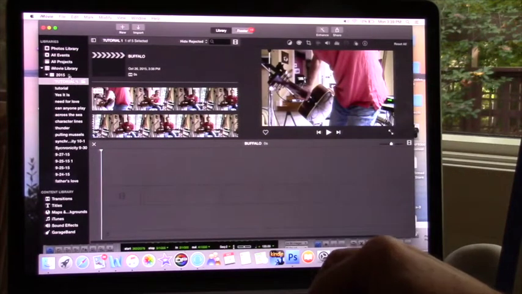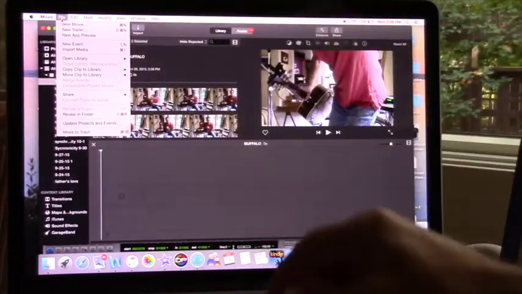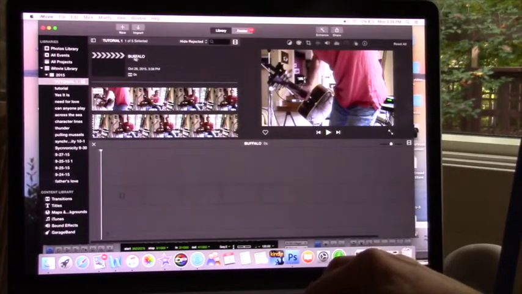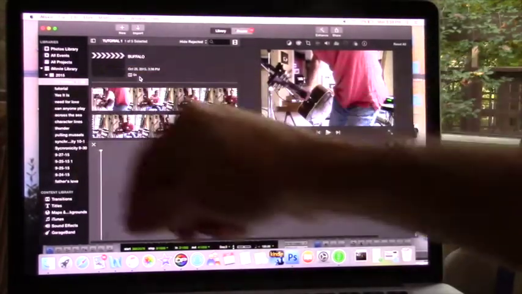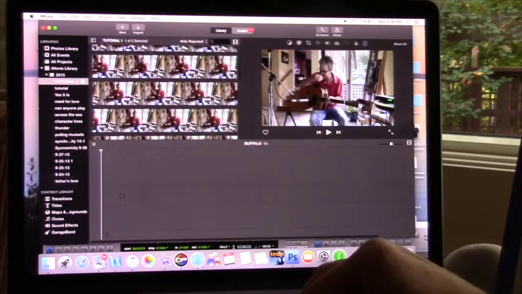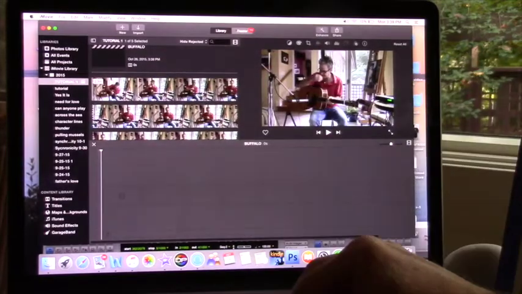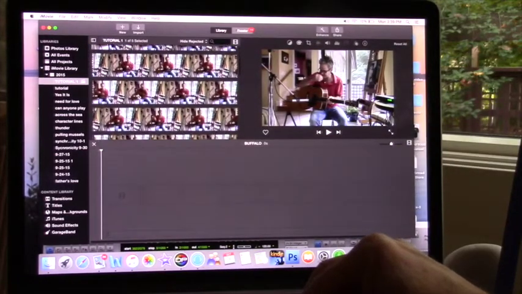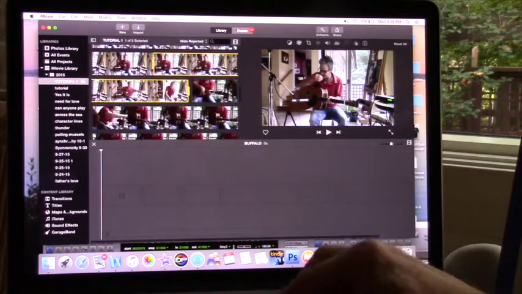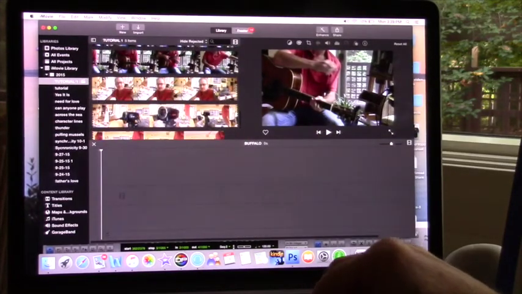And then from this event I'm creating a movie through file to new movie, and I created a movie called Buffalo here, and it's associated with the event that I call tutorial. I don't know if you can see very well, but here's the first event, me playing the first guitar part and first vocal, then it switches to the second guitar part, second vocal here, and then I also have my little introduction